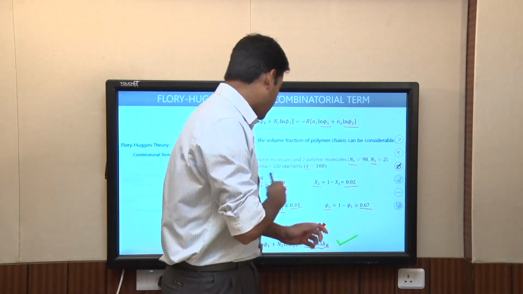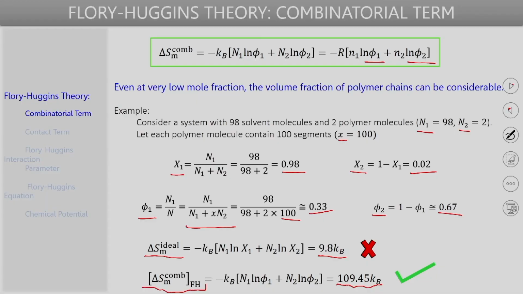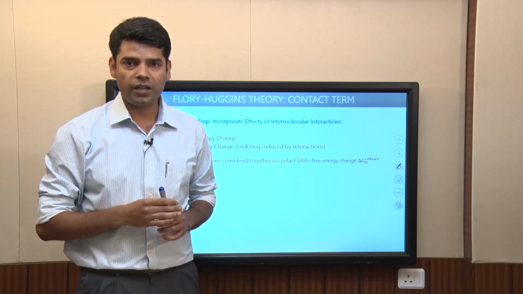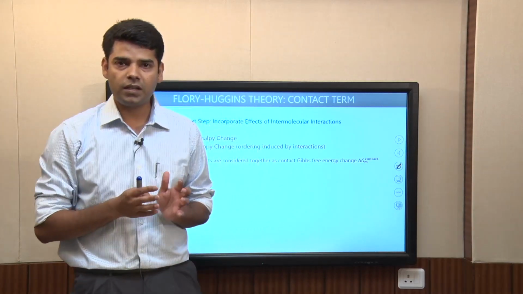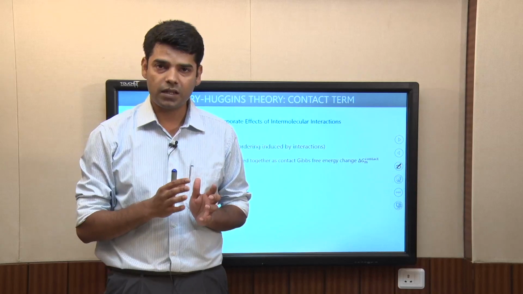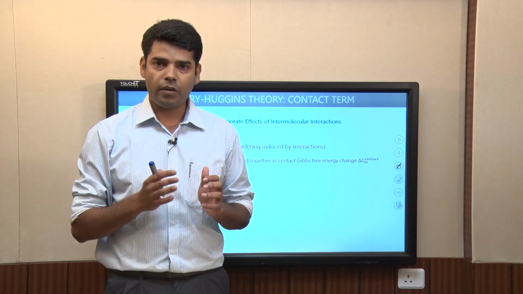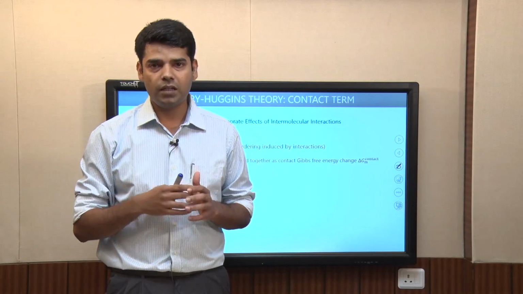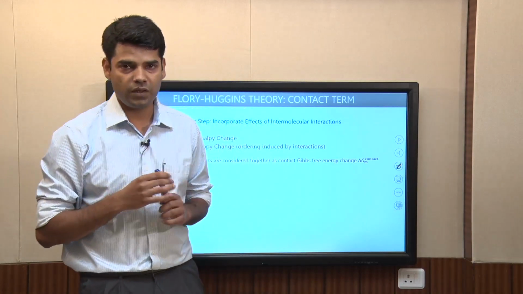So, with that summary of what we covered in the last class and an example to illustrate the points, let us move on to the other contribution in this Flory-Huggins theory, and that is due to the intermolecular interactions. In the first part we calculated the entropy change, which was purely combinatorial in the sense that no effect of any interactions was considered. Only because the polymer chains are long and connected and can adopt multiple conformations, many different distinguishable arrangements were possible, and due to that an entropy change of mixing was there, which was the combinatorial term that we discussed previously.